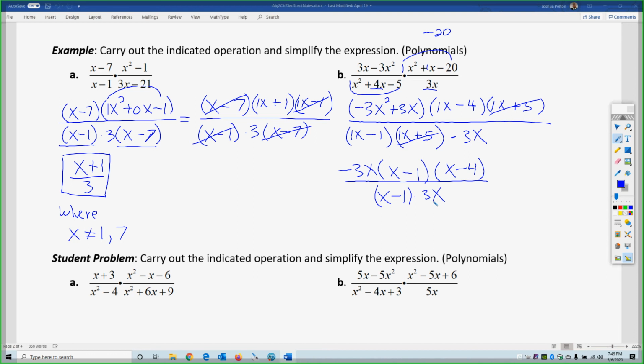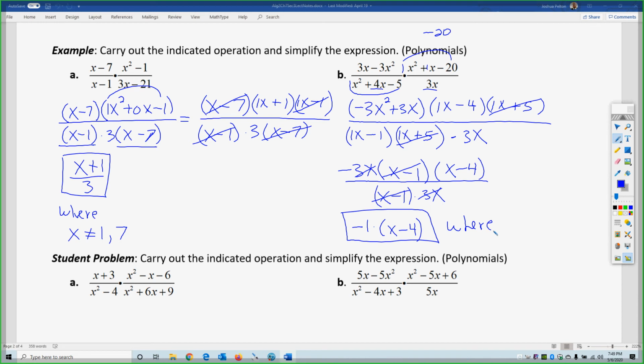Okay. All right, so we multiply back the negative 3x times the x minus 1, you'll get the original term, which is factoring out. So the x minus 1's cancel, and the 3x's cancel. So we're left with negative 1 times x minus 4 is my final expression,